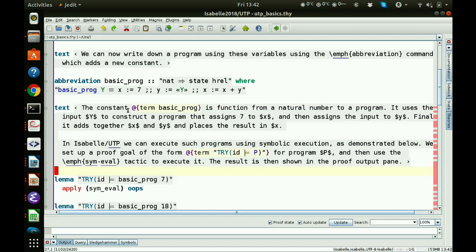Exactly how it's denoted we'll come on to in a minute, but the point is this is logic. Ultimately, this is just a logical relation internally. But what we can do now is we have lots and lots of laws that allow us to symbolically execute these programs. And so down here, what we're going to do is apply